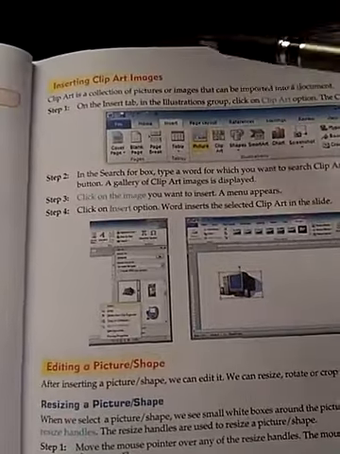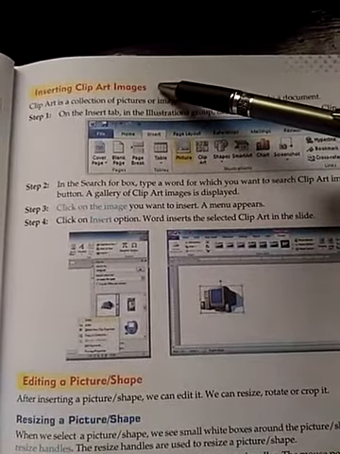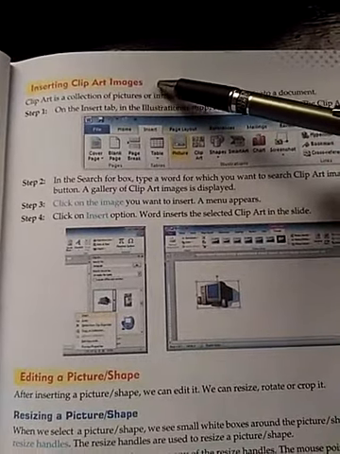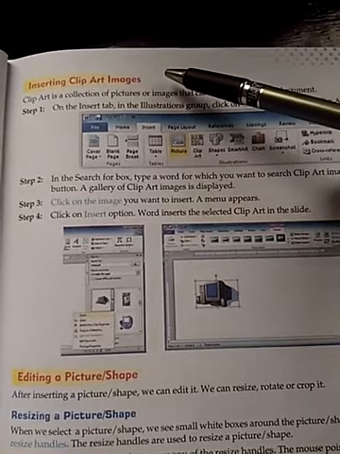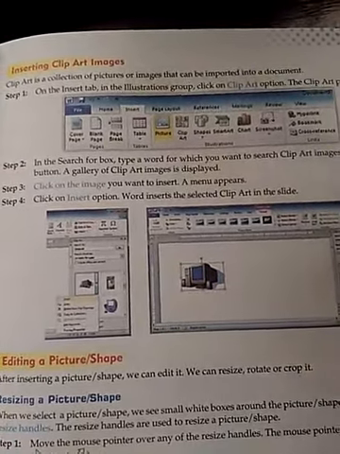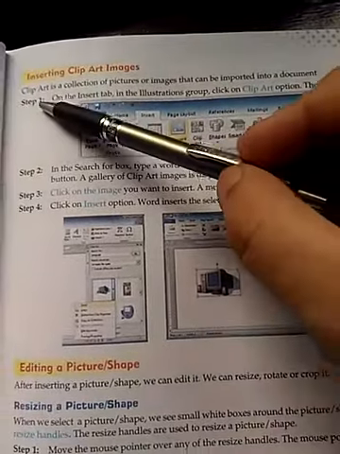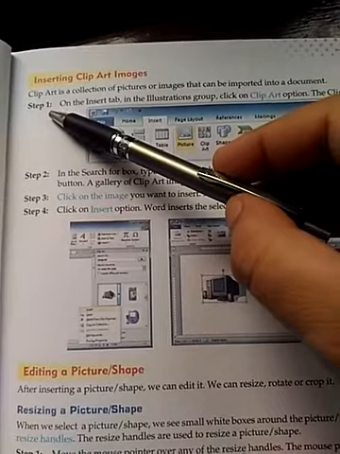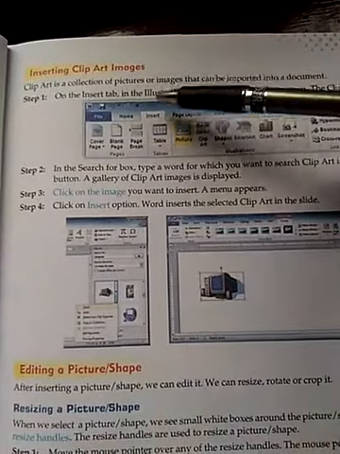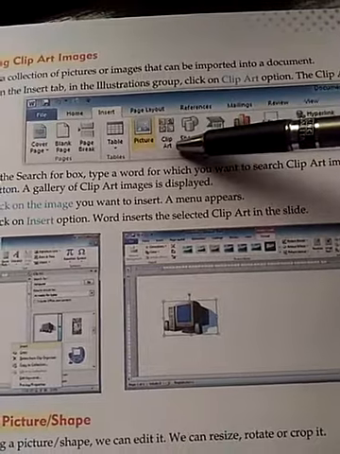Likewise, if you want to insert clip art: clip arts are small images present in your MS Word which can be inserted in your document to enhance the layout and formatting of the document. Clip art can also be inserted by using the Insert tab. On the Insert tab there is an option Clip Art. Just click on this Clip Art.